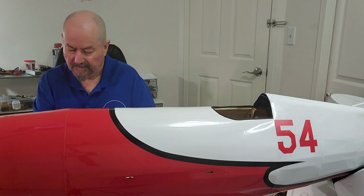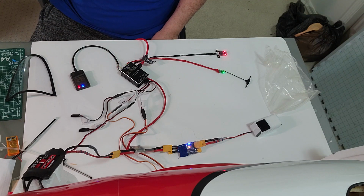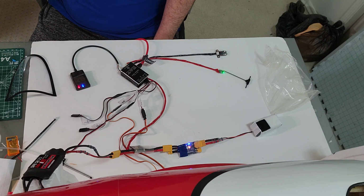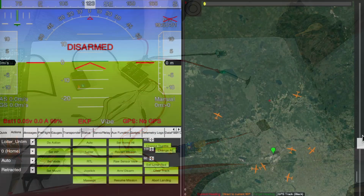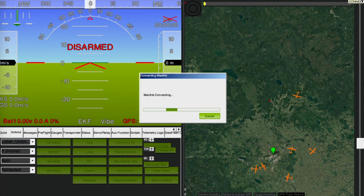All right, so now we have GPS. And look at that, the GPS comes up. So what we have is a red light for power, a blue light for DroneCAN, which means it's connected to the flight controller and communicating, and an orange light for GPS signal. So if I connect Mission Planner,